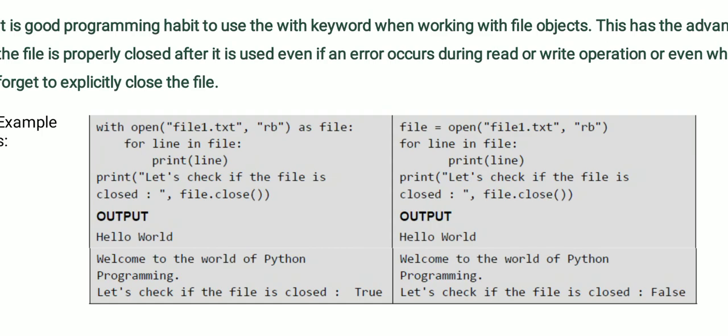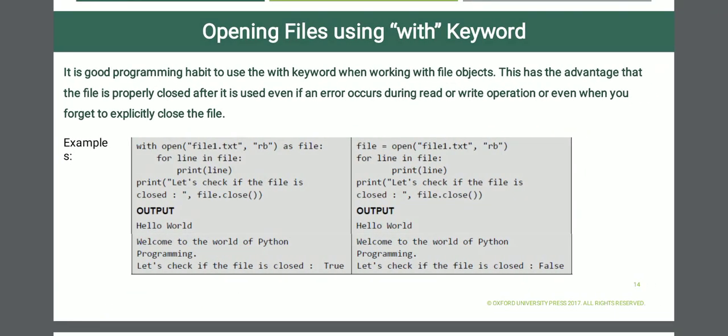In the given second example, after the for loop, immediately close the file by using the syntax file.close, and to check whether it is closed or not, again check it in the print function or print method as written here. Then you will get the file.close operation as true. Now the next one, next slide.